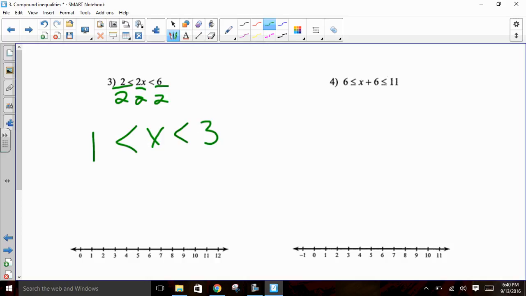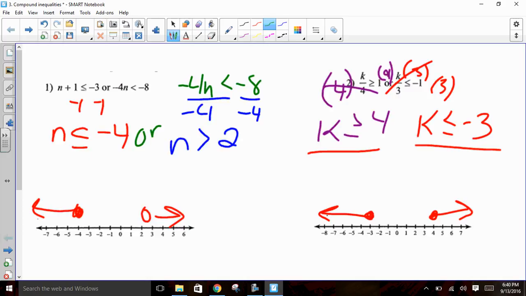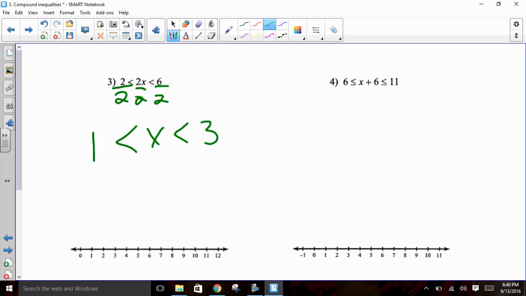On the last two examples, my arrows went opposite, kind of butted against each other. When I have ands, they're going to go towards each other. So I have an open circle at 1 and an open circle at 3. I'm going to shade in between those two circles. So they're going to go towards each other, because if I split this apart for a moment,